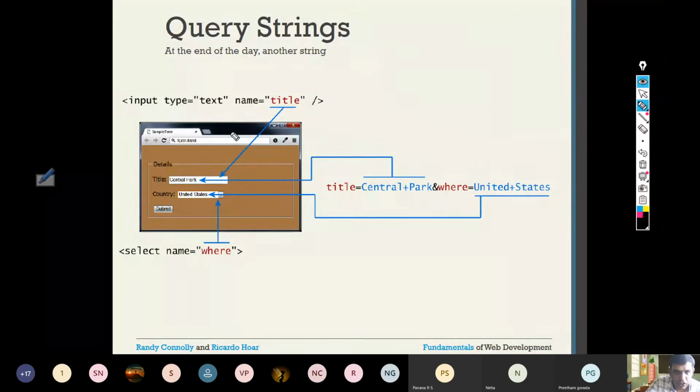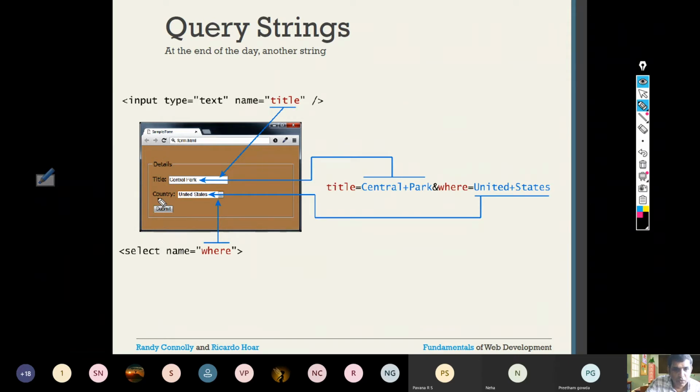So now the point here is you need to understand what a query string is. The next time you visit a website, try to see the URL window. Now what is the first thing? This is a simple form which contains title, country and a submit button. We have seen the code for title. How do you get the text box? You use input type is equal to text, name is equal to title. Name is equal to title means the variable where the text box value entered by the user will be stored, that variable we have given as title.